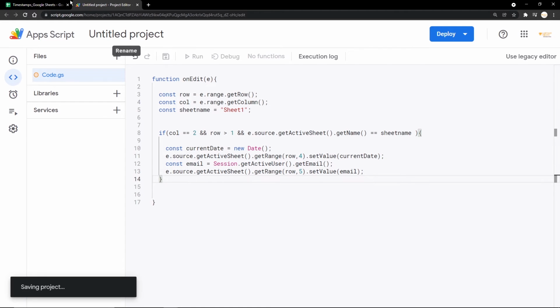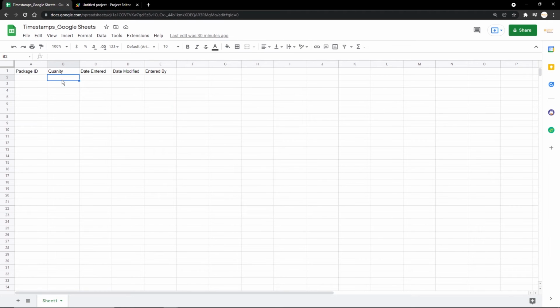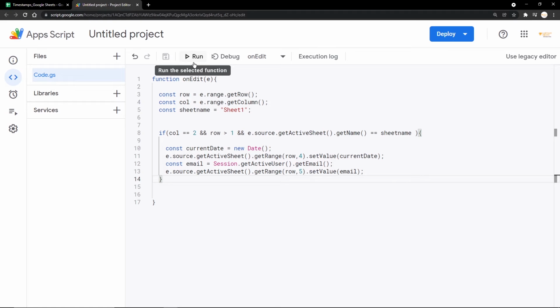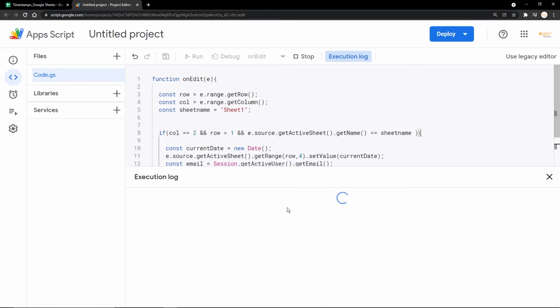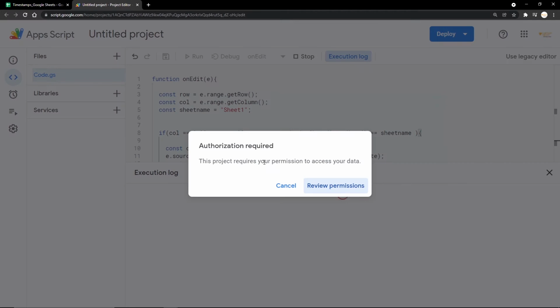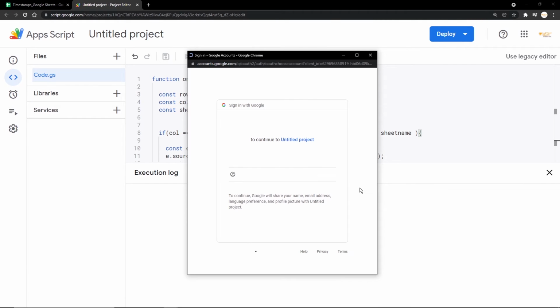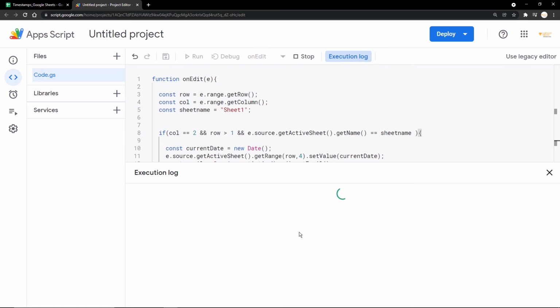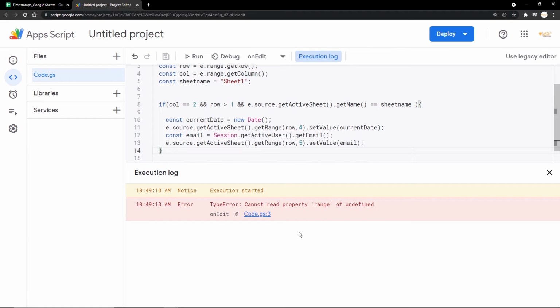So now if I go back to my Google Sheet and I make a change here, say quantity I add, I just do something here. Before even running the script, we'll have to first run the script manually because we have to accept the permissions. So here we need to accept the permission. Just go to review permissions and accept it. Right now it has been accepted.